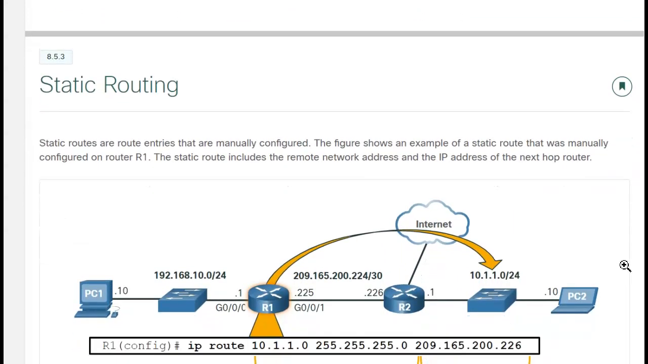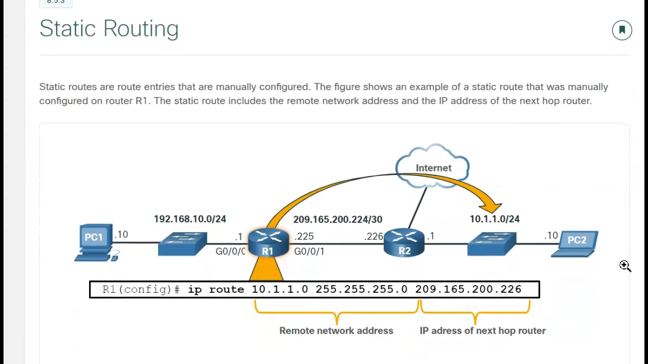Now, there are two types of routing: static routing and dynamic routing. Static routing is fixed; I've manually configured that address. And if I'm going to set that up, the command to do that, you can see it down below, is IP route, and